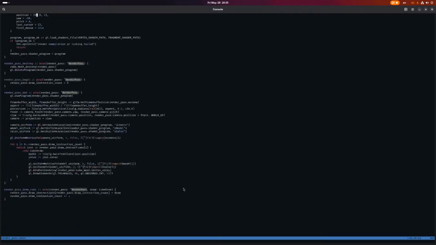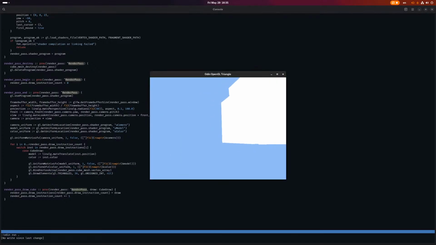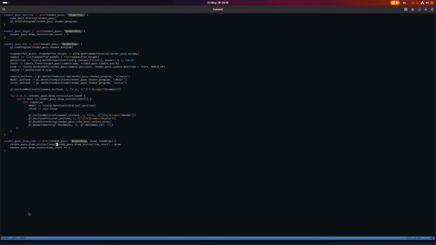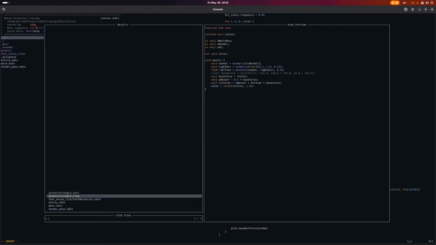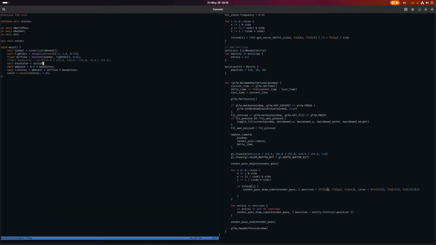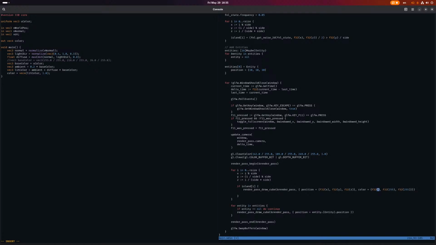Well, that doesn't work as it should. Probably because I'm drawing it to the wrong uniform. But that might just be me. There we go. So let's in the main frag change this to be